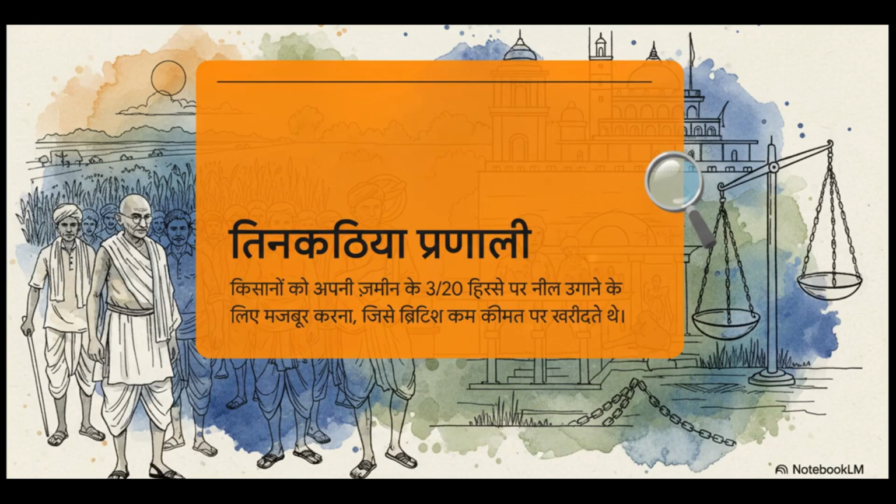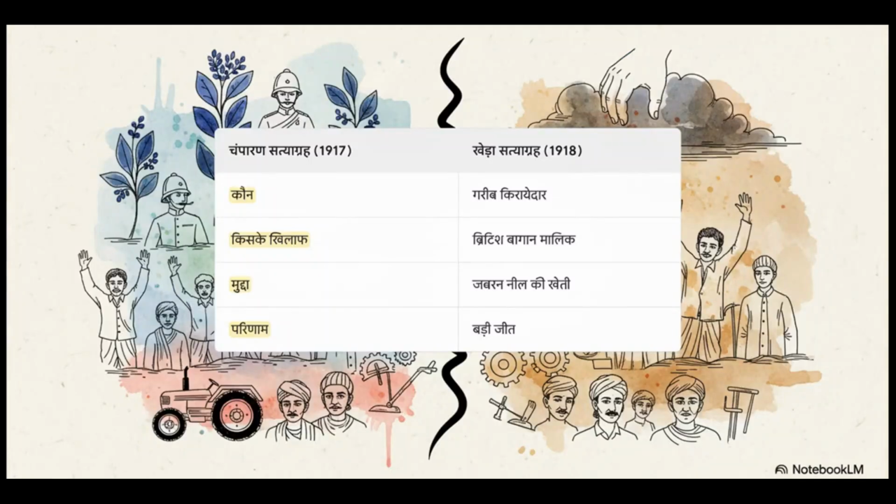एक स्थानीय किसान, जिनका नाम था राजकुमार शुक्ला। और मसला क्या था? एक शोषण करने वाला सिस्टम, जिसे तिनकठिया प्रणाली कहते थे। इसके तहत किसानों को अपनी जमीन के एक हिस्से पर जबरदस्ती नील की खेती करनी पड़ती थी, जिसे अंग्रेज बागान मालिक बहुत ही कम दाम पर खरीदते थे। अब यहाँ पर एक बहुत दिलचस्प बात देखने को मिलती है। जरा इन 2 किसान आंदोलनों को देखिए, चंपारण और खेड़ा। दोनों